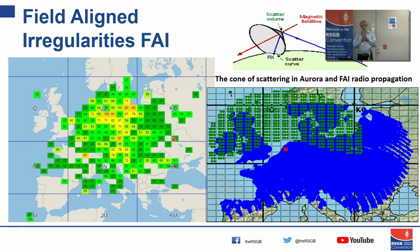The one thing that there's no online tools for is field-aligned irregularities, or FAI, which is again a field-aligned thing. Believe it or not, if you use Beam Finder from DF5AI, you can see where the possible reflection points are, which is exactly the same for aurora. So what you need is somewhere where you can hit with your antenna, remembering unless you're using elevation. So it will be in this area, so that you can use live MUF to look at when the MUF rises. Generally FAI occurs at the end of a sporadic E opening, but if the MUF has got very high, say to 120 megahertz or so,